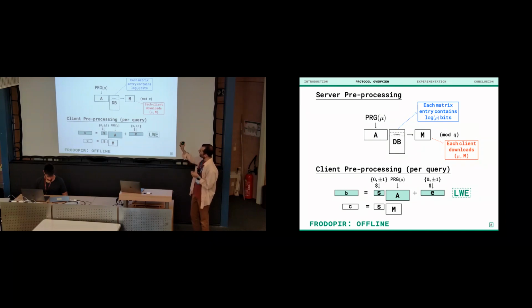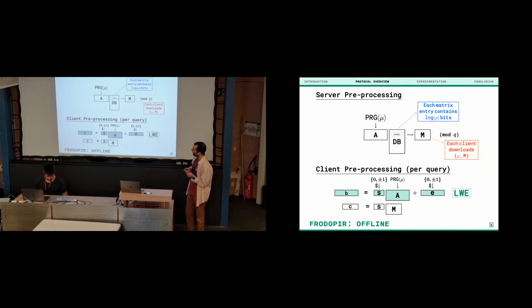One thing I should note is that the database has these rows, and each row entry has log row bits, and row is something you don't need to worry about as well, but this adds up to the full number of bits in the database element. So for each query the client wants to run, the client creates these two vectors,